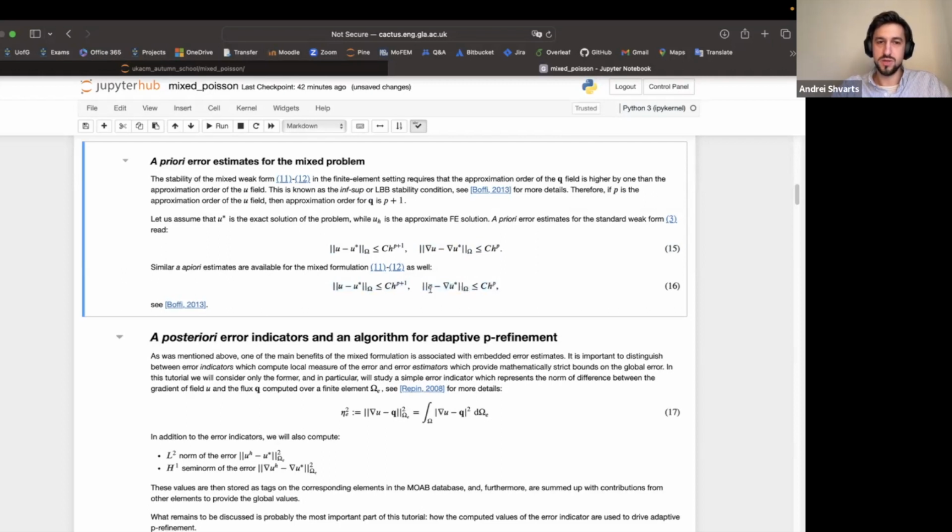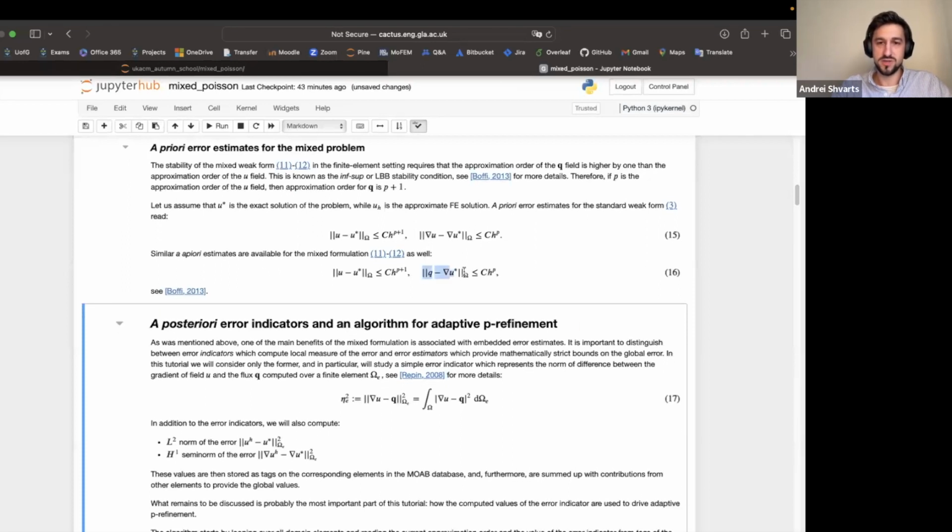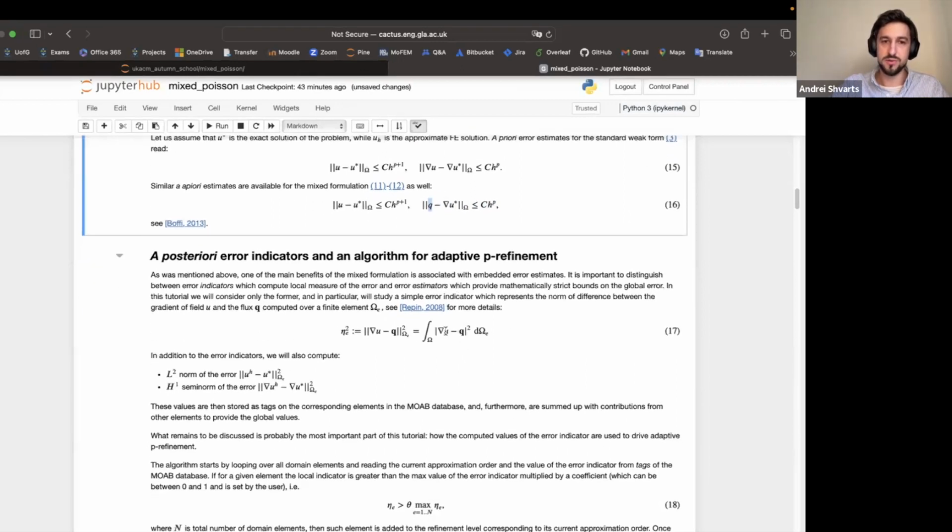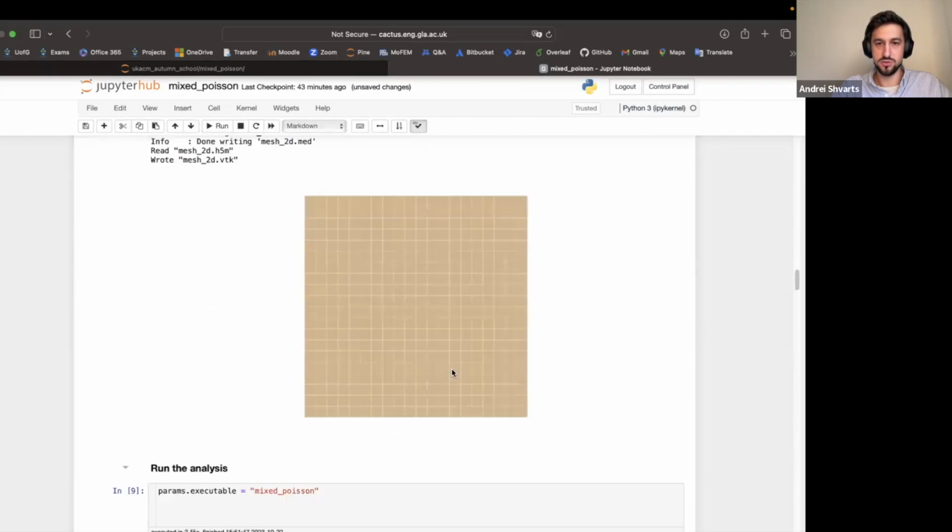So the H1 semi-norm here is computed based on the difference between the finite element solution for Q and the exact solution, and then the error indicator is computed based on two components of the finite element solution: the gradient of the field U and the vectorial field Q. So we're going to compare those two